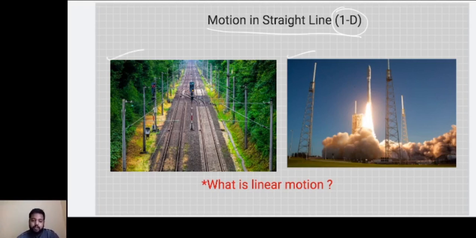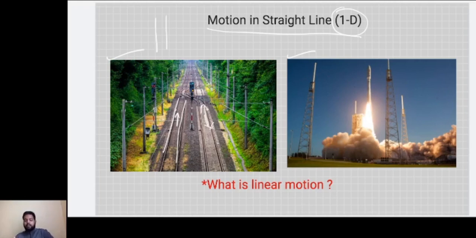This is the first figure, a railway track, right? This is a railway track in which a train is going towards the front. Now let's suppose there's a straight railway track like this. I'm sure many of you would have been in a train at least once in your life. You would have observed that when you sit inside the train, it always moves in the front direction, but it also can move